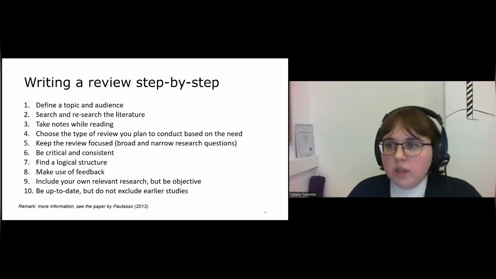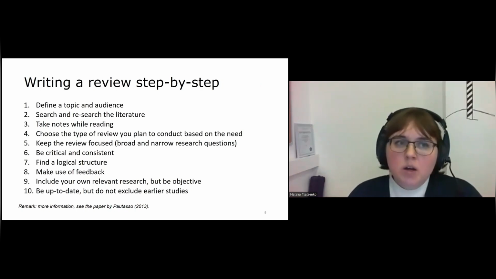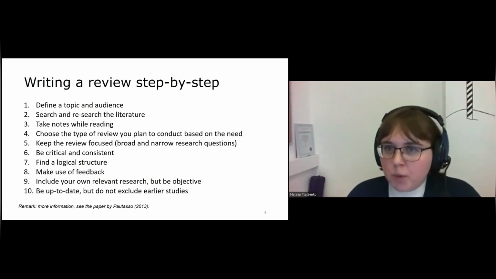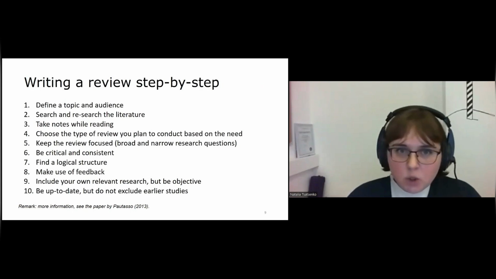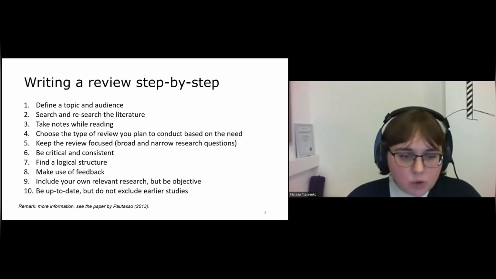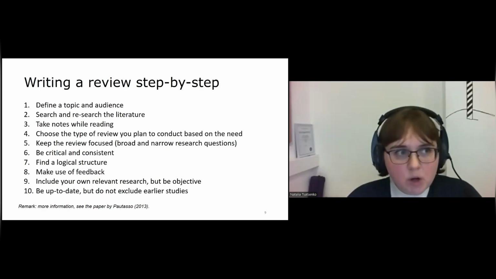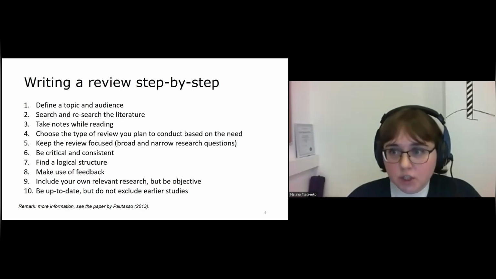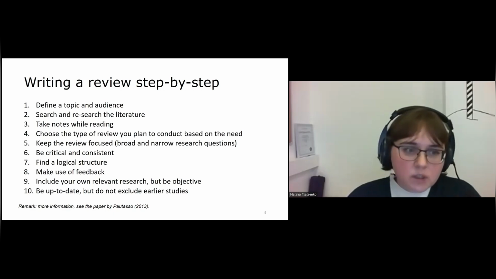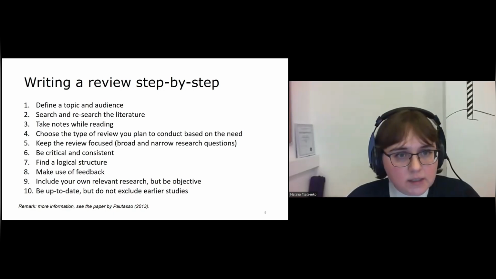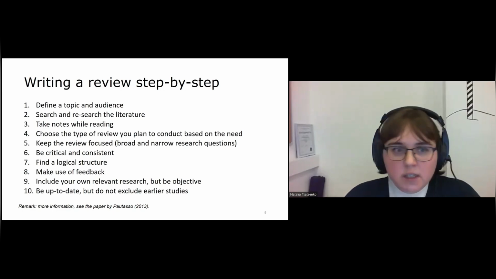On this slide, I would like to discuss with you what the actual stages are to prepare a literature review. I'm sure that everybody of us has a lot of experience in how to do it, either as a part of a paper or as an independent study. I prepared this slide based on one interesting paper by Marco Pautasso, who wrote a paper about ten simple rules for how to manage a literature review. We can argue about the order of these steps, but more or less these are really guidelines on how to manage it.